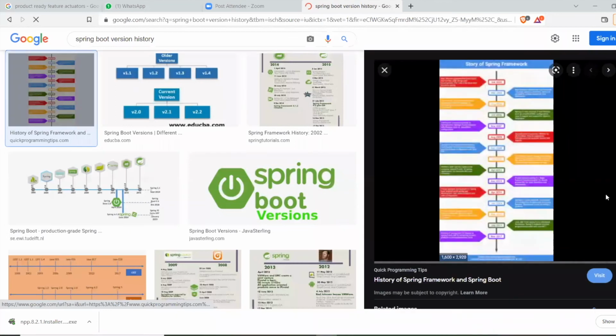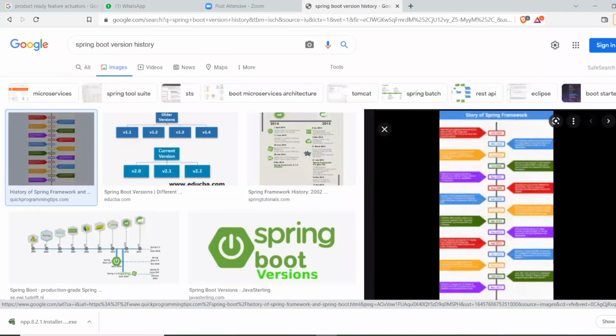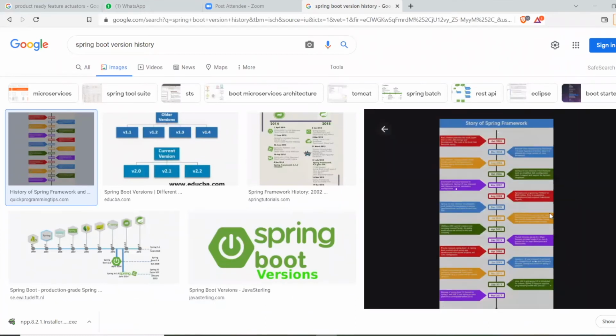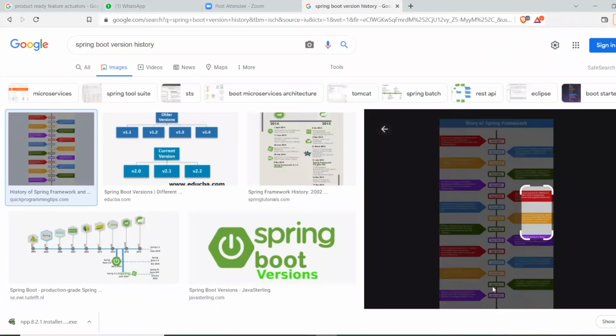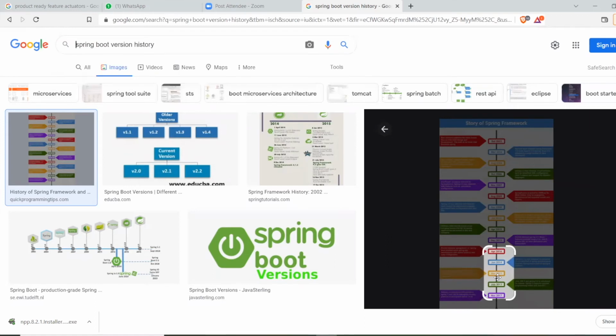If you zoom in, you can see that in 2014, Spring Boot 1.0 came into the market, and in 2017, Spring Boot 2.0 came into the market.